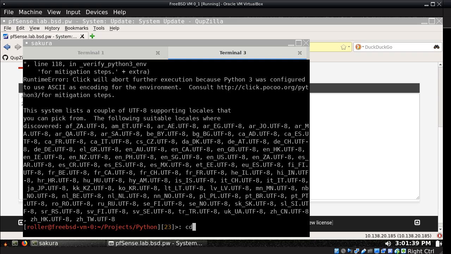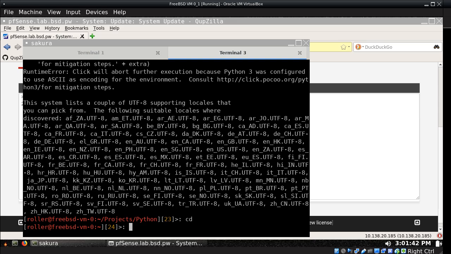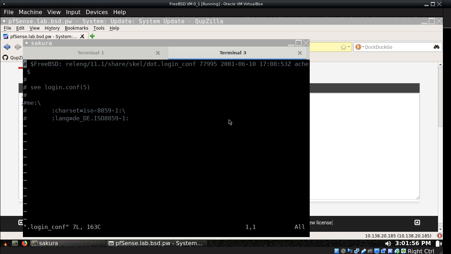So in this case, there is another way. So I'll just show you. The /etc/login.conf didn't seem to work, so we'll just do this other way, which is you can vim login.conf and you can just uncomment that. So we'll just change a couple of these. We'll just say UTF-8, and then in lang here we'll say